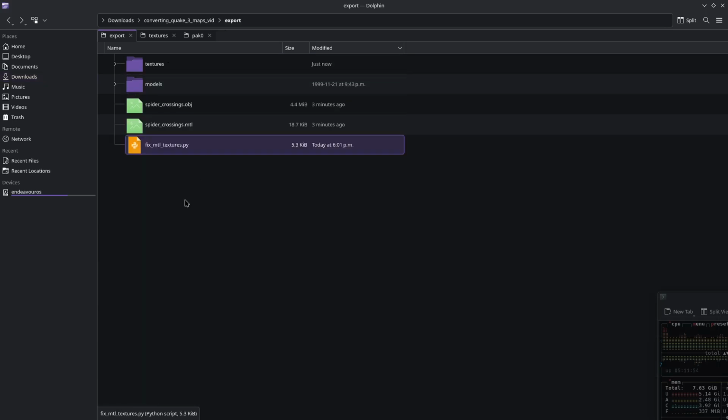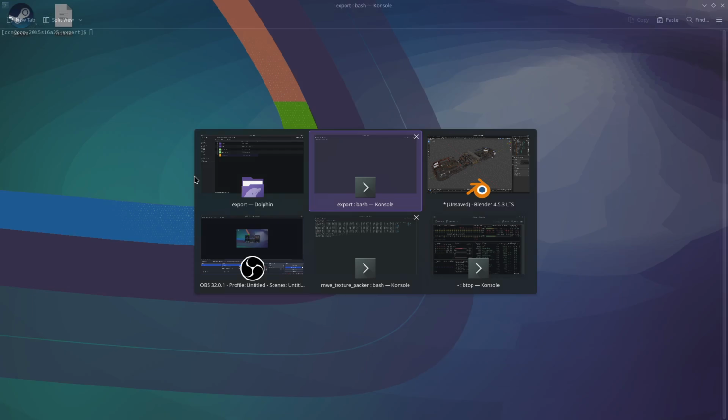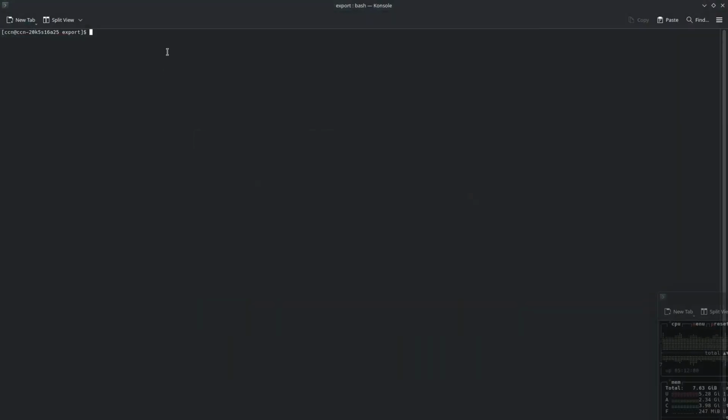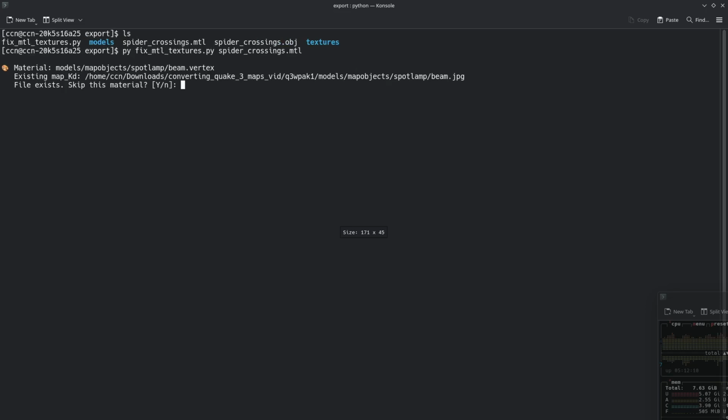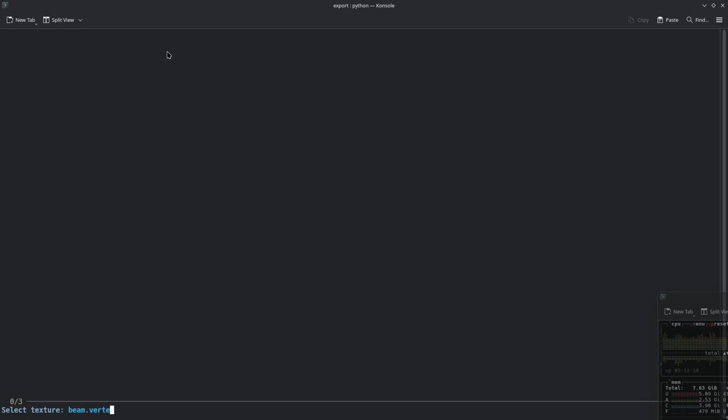So there's the script. And what are we gonna do? We're gonna go to that terminal, and we're gonna run py fix mtl textures spidercrossings.mtl. So it's telling me this is the current one being used, and I don't want to skip this, I want to modify it. So it's going to bring one up, a search in that directory, and I'm going to select that,